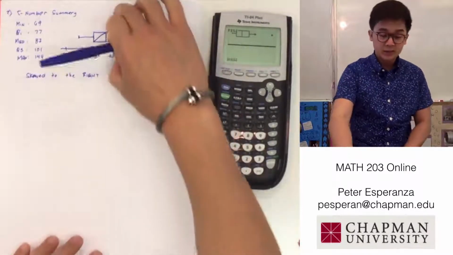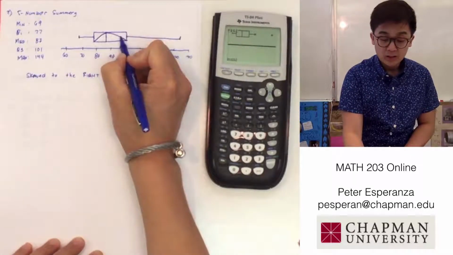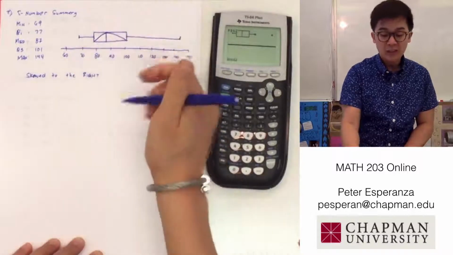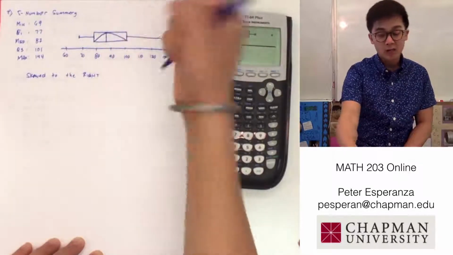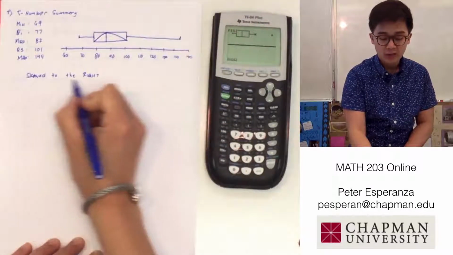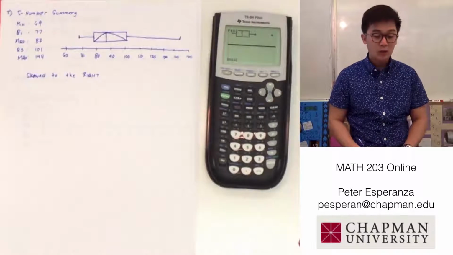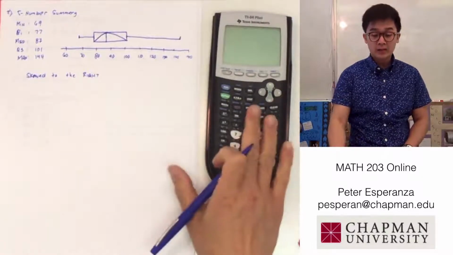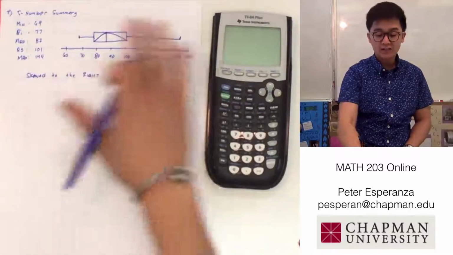skewed to the right, because if you are looking at it as a distribution or bell-shaped curve, it's not really that bell-shaped, but there's going to be a long tail right here, and you grab the long tail with your right hand, so that's why this is skewed to the right. And this is how we generate our box plot using our calculator, and how we can translate it in our